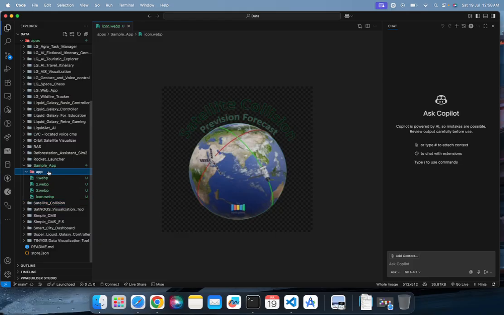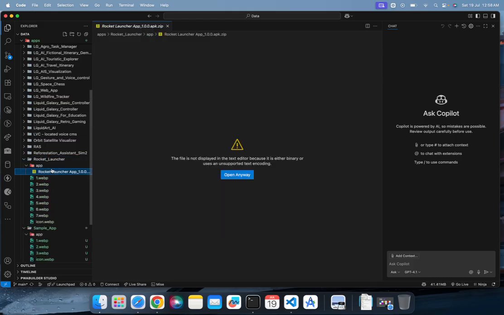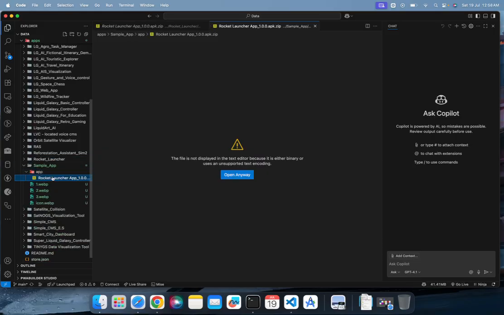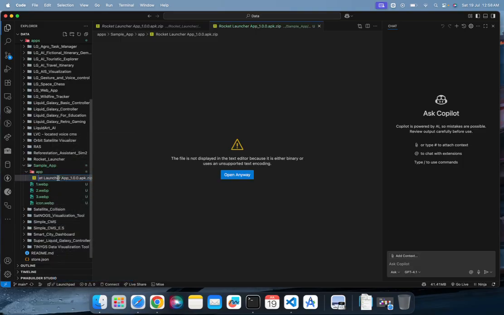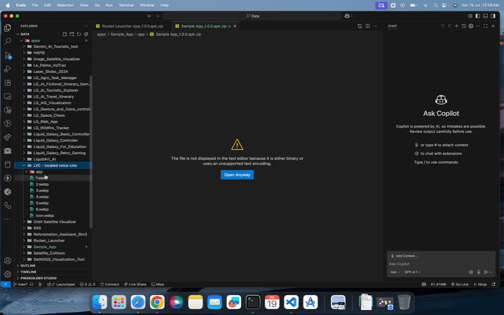Some of them do not have an app, but you have to add the actual app. Let me just copy this one for this, and you paste the app here. And because this is sample app, this should be something like, and I will just rename it like sample app dot github. This is good. So sample app, I have written app 2 times. This is good. So this is kind of how these will look like: a new folder, an app, and the